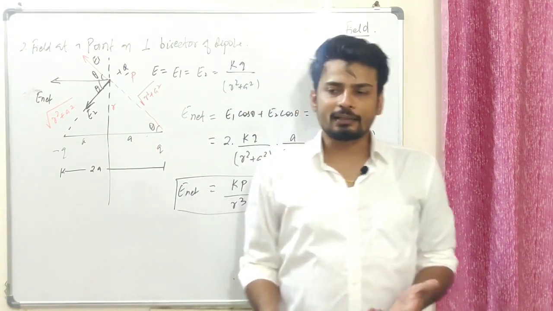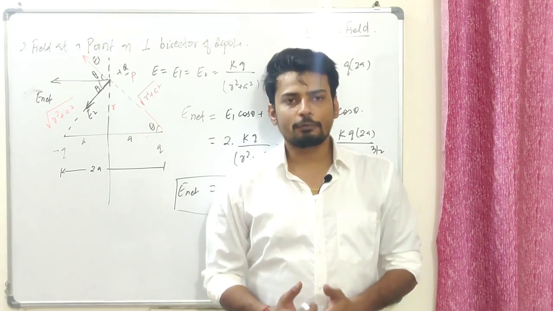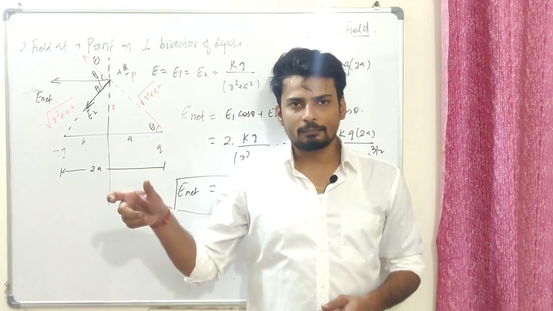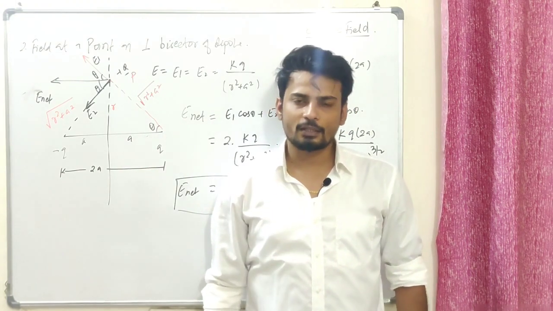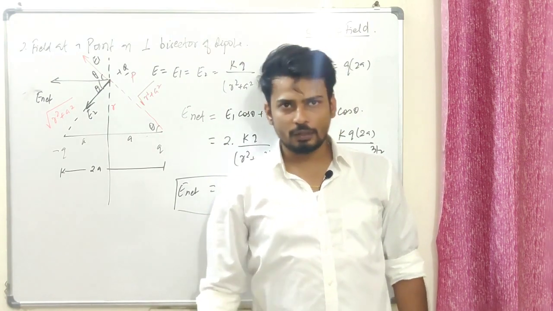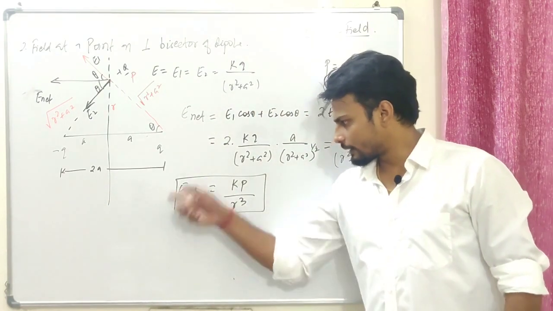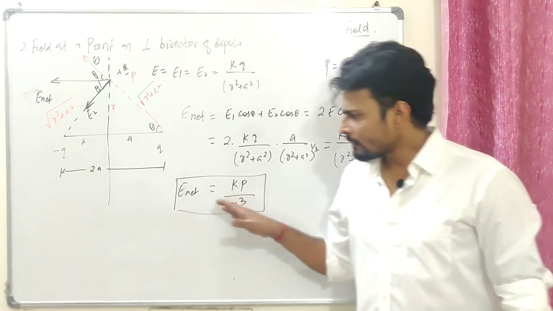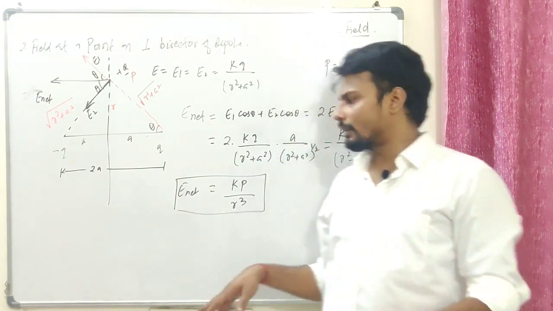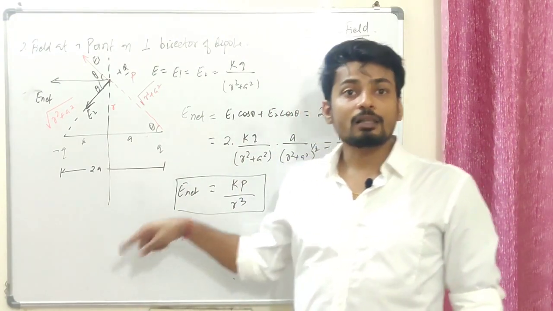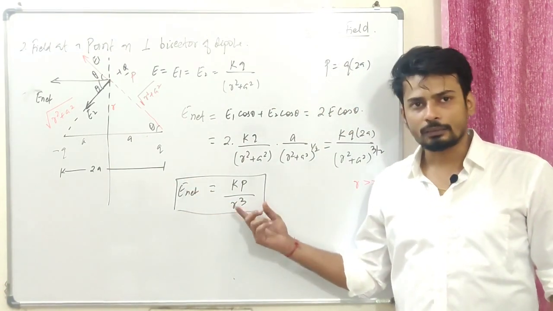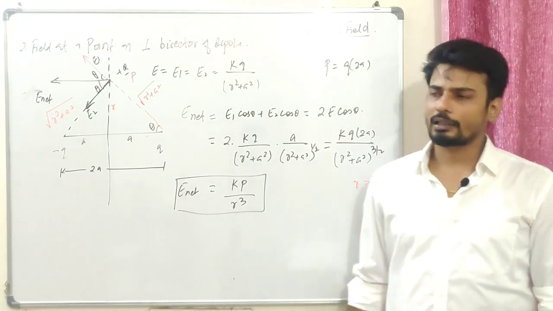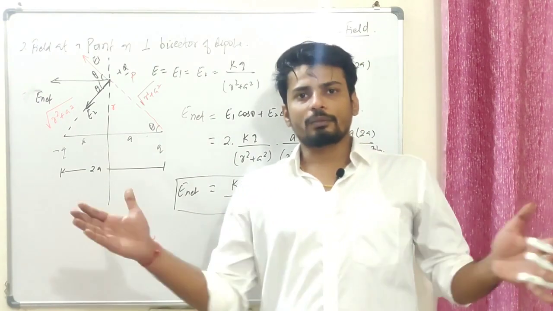Well, so it could be easily said that when we go away from the dipole, the decrement of the force is more compared to a point charge, isn't it? By how much? By a factor of 1 by r. That's a conceptual question that could be asked on this. I'm sure you guys will be ready for that, right? Just look at this thing, kp by r cube. Force will be how much? kqp by r cube. Sorry, but from Coulomb's law, because of the point charge, that was kq1q2 by r square, right? In this case we have r cube. So the decrement in force in the case of a dipole is going to be greater by 1 by r times compared to the decrement of the force by a point charge when we move away from the point charge, right?